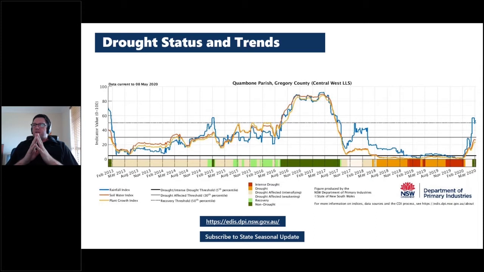In terms of the drought indicators, you can see a really rapid increase in rainfall. It's been quite wet. We're hearing field reports of some people not being able to get on paddocks during this period. We're starting to see a real build up in terms of soil moisture and crop growth. So, been through a drought, really positive signs going forward. Probably some of the best seasonal conditions we've seen for a couple of years in your region.